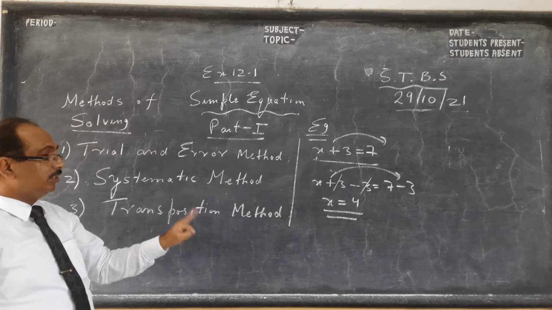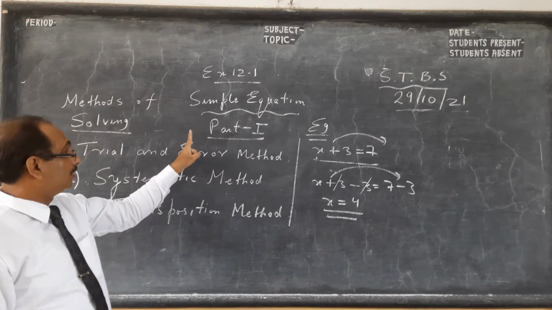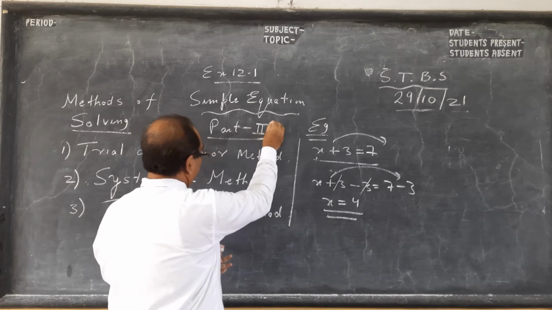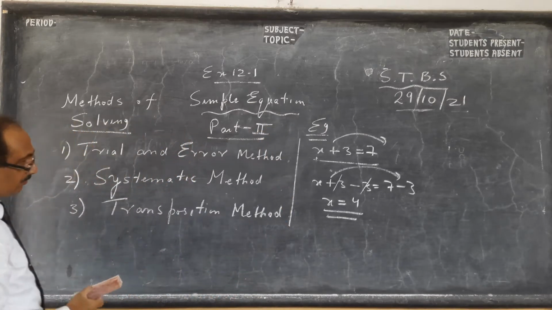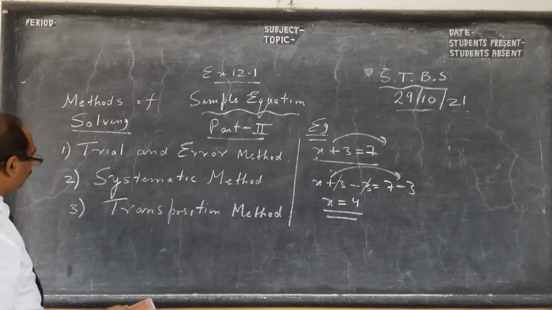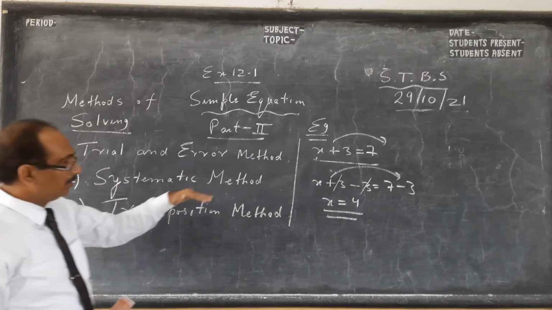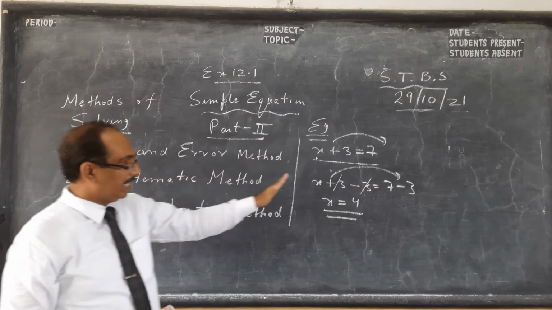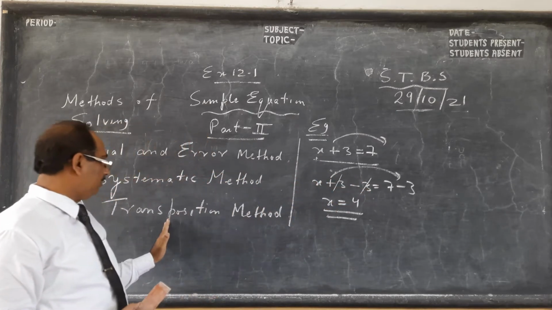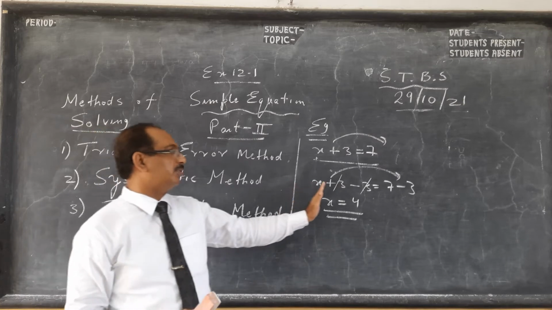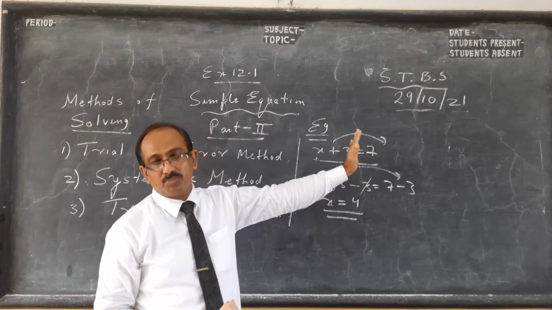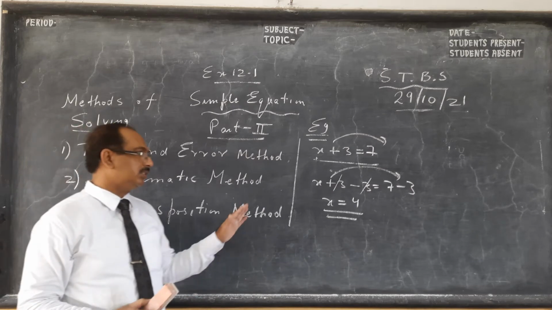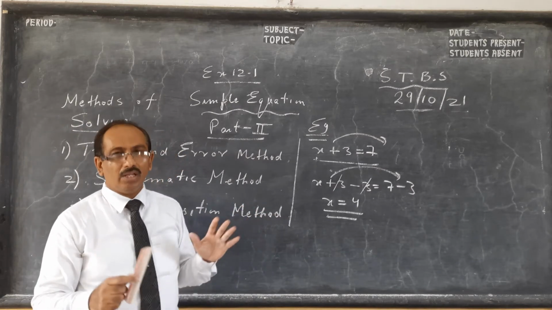If you are watching this video, please see my part 1. This should be part 2, sorry boys. Part 1 I have already made, and maybe next week we'll see parts 3 and 4 coming up. So we have 3 methods. Number 1, we do trial, like mental math. Second one is we add or subtract. And third one is transposition, where plus becomes minus, minus becomes plus, division becomes multiplication and multiplication becomes division. When I do different sums, I'll come to that.